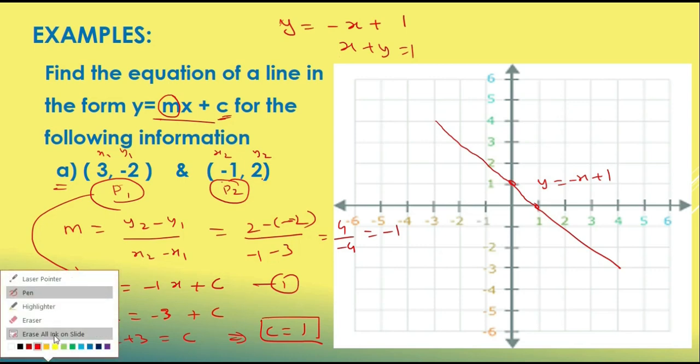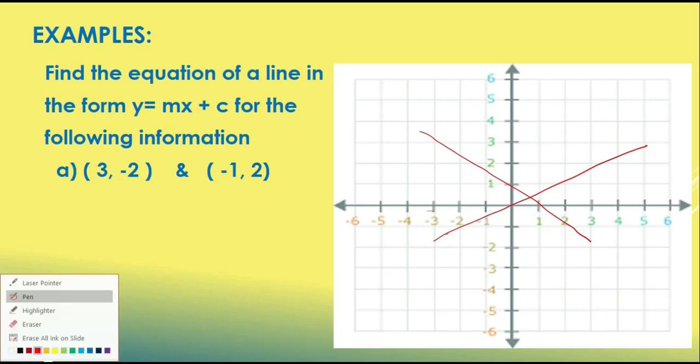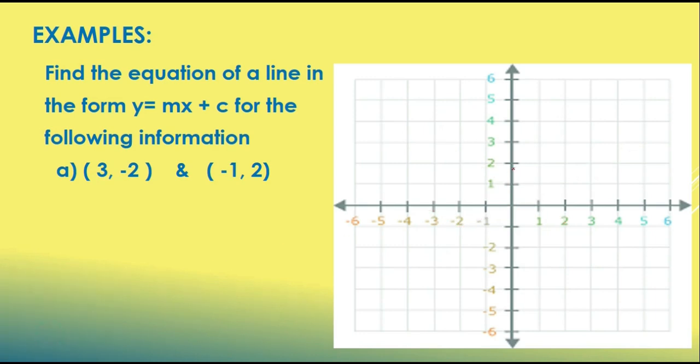One more piece of information I want to give you. We have seen that if the slope is negative, the line will be falling, isn't it? For increasing values of x, y will be falling down. The line will be leaning towards this negative side. When the slope is positive, the line is rising to the right, isn't it? When it is neither negative nor positive, if the slope is 0, the straight line will